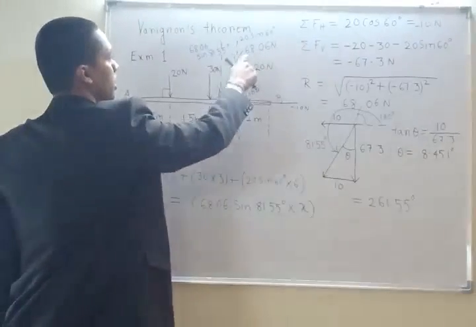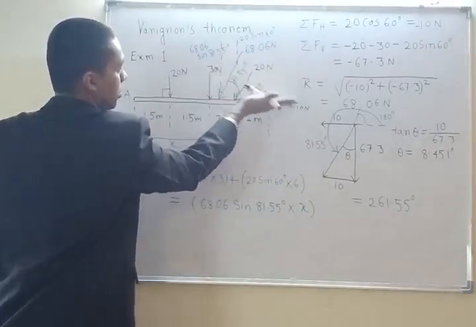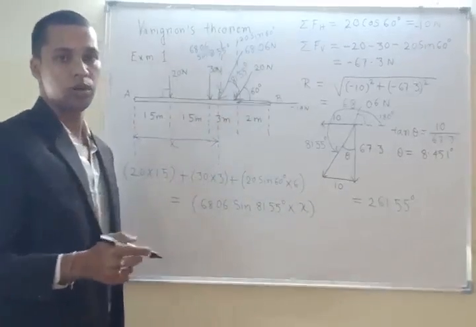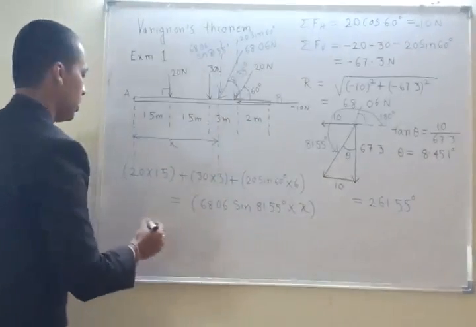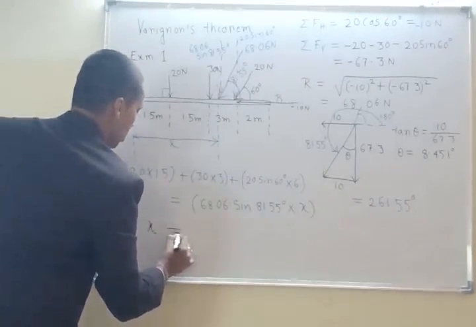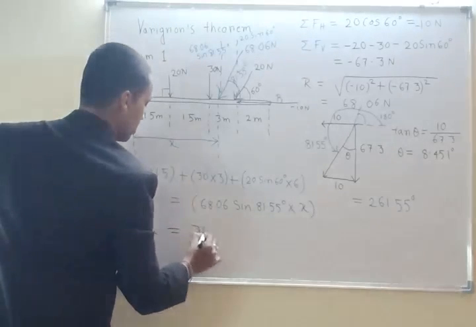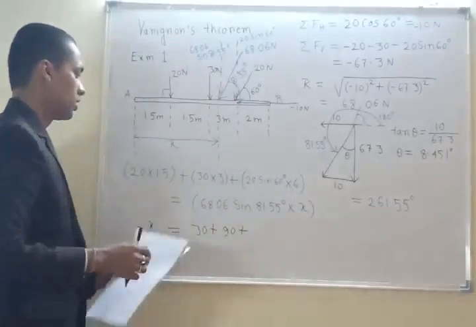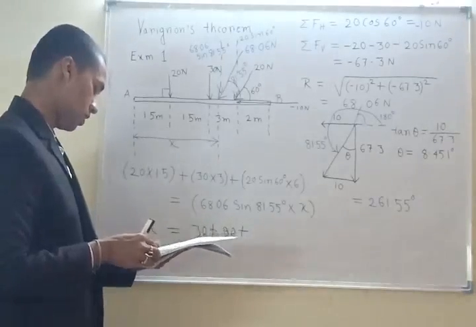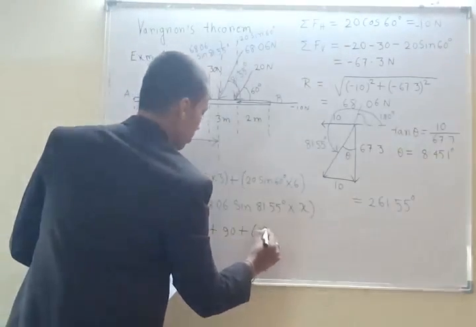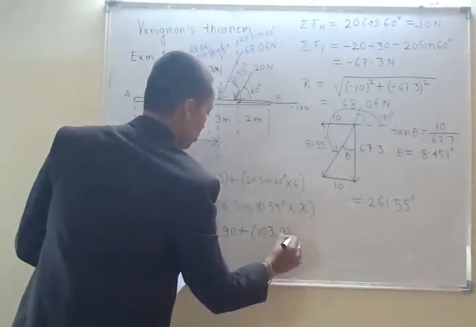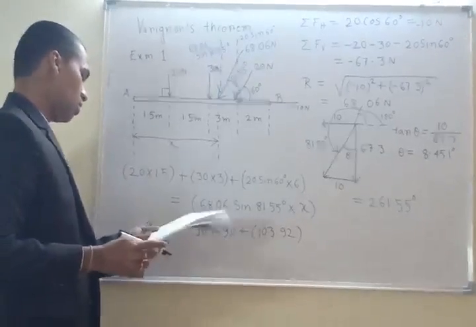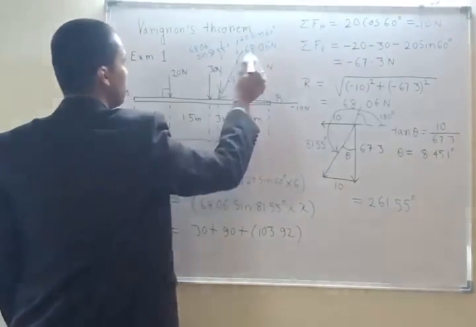Same thing is happening in the case of this force, the horizontal component of this force. Only its vertical component is giving us some moment. So x is finally, this is 30, this is 90, and this one 20 sine 60 degree. I have found this answer as 103.92. Okay, and I have found this answer of this 68.06